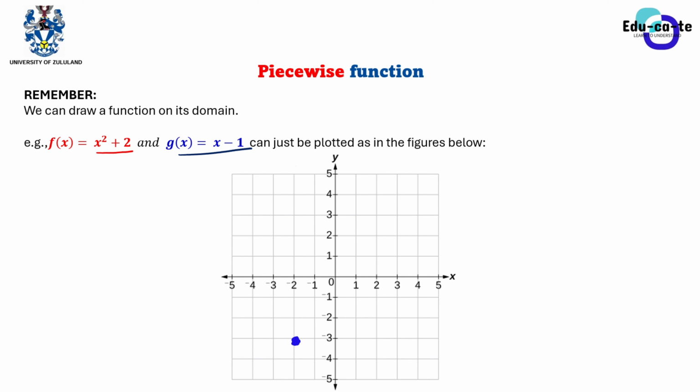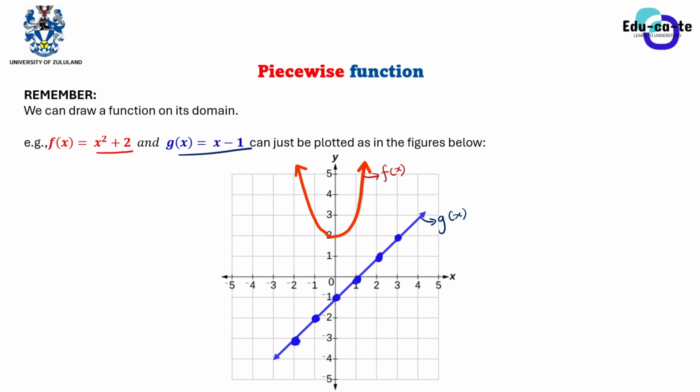So we can plot this using the xy Cartesian plane by just plotting dotted points, and then we can make this as the function of g of x, which is the straight line. This is your g of x. And then we can also do the same thing and plot the function f of x, which is a red line. So this is your function f of x. So basically this tells you that you can plot two or more functions on the same set of x's, and that's all that you have learned so far.